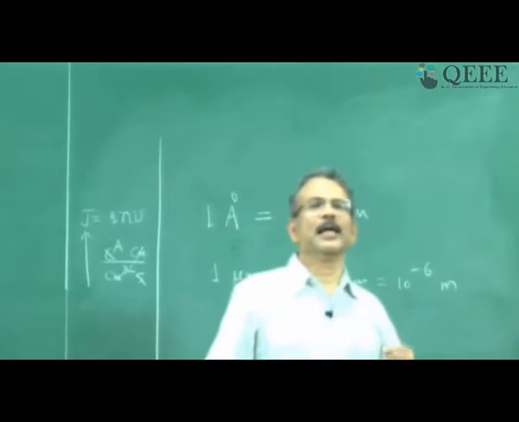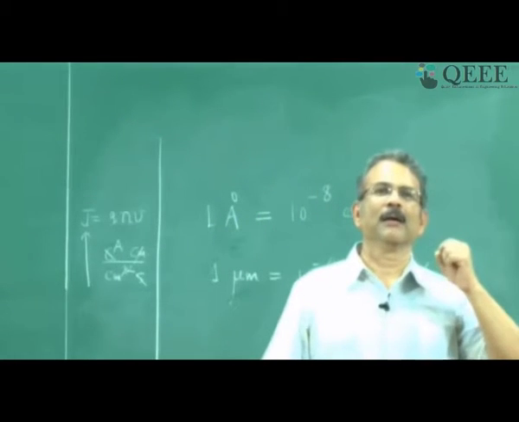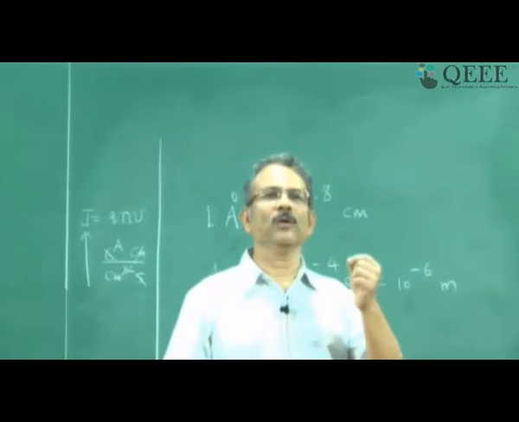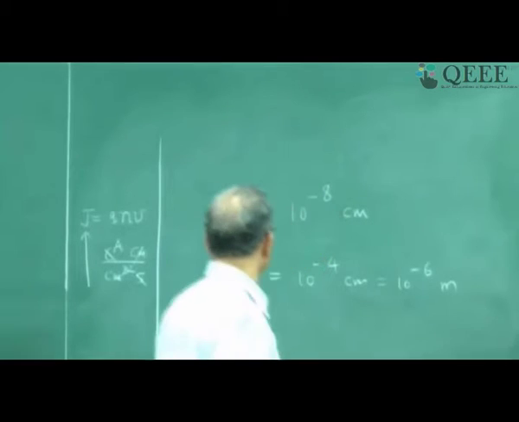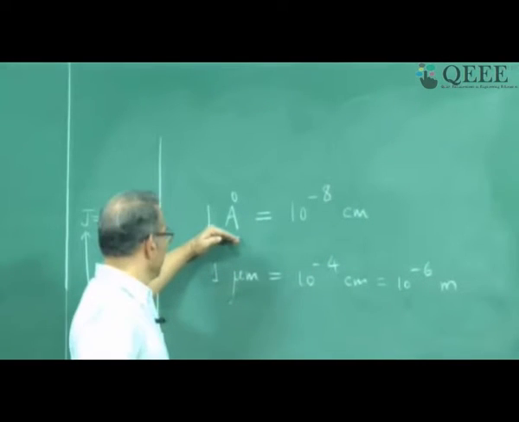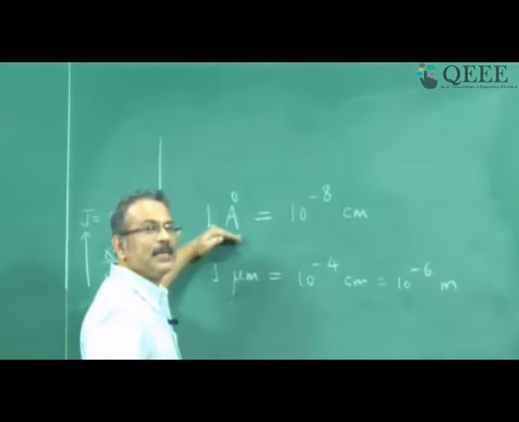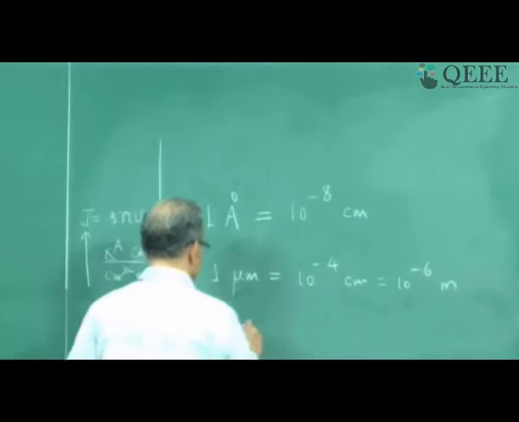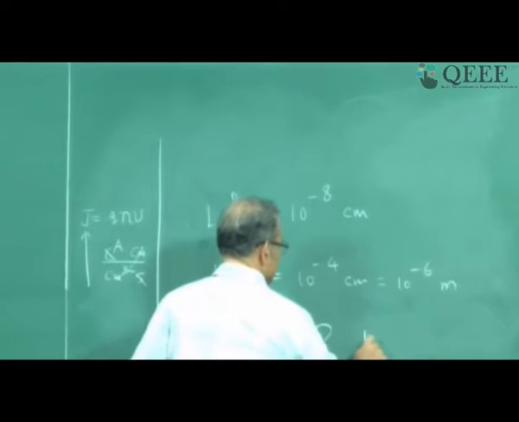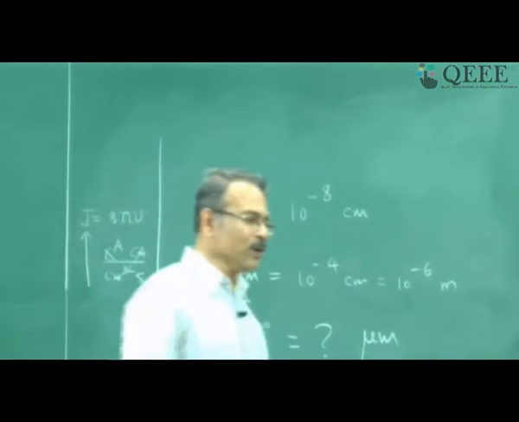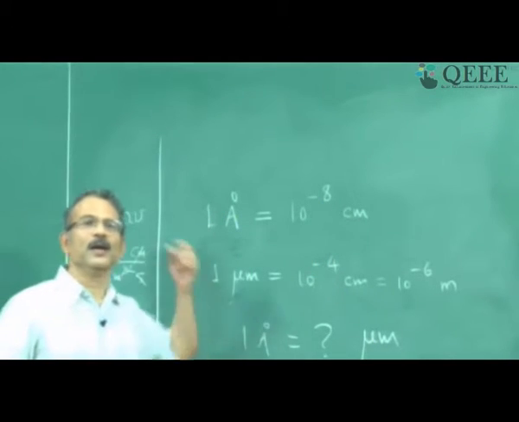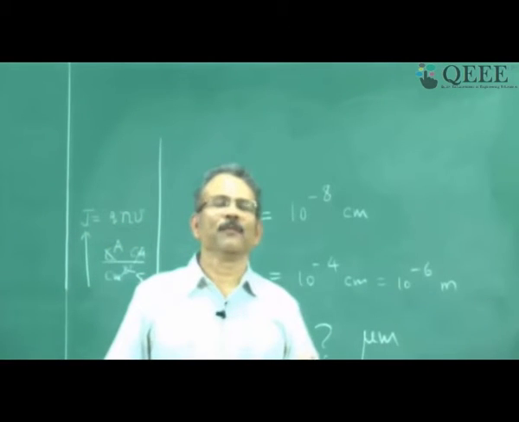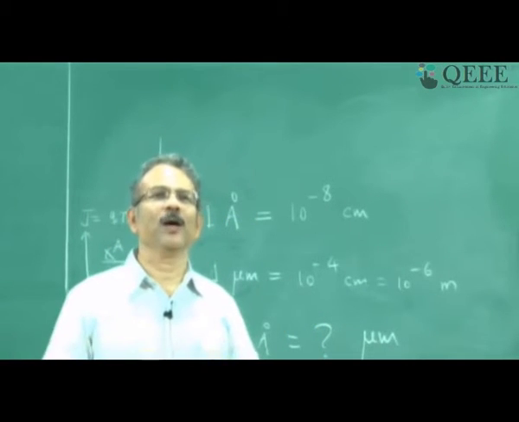Our hair is 30 to 40 micron thick. So 1 micron is 1/30th or 1/40th of the thickness of the hair. Now 1 angstrom. Please do this exercise: 1 angstrom is how many microns? You can do this exercise after my session. That will give you a feel for an angstrom, because now you know hair is 30 to 40 microns. If you know how much is 1 angstrom, it will tell you how small is an atom.